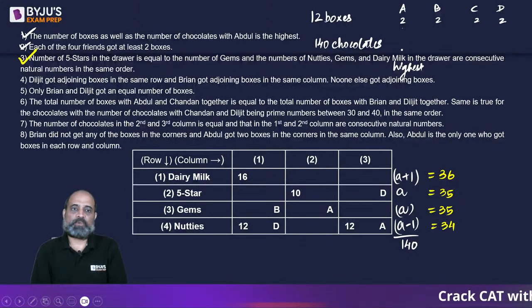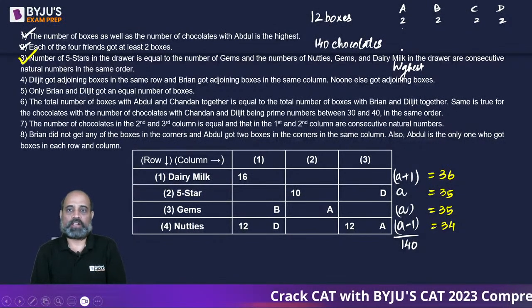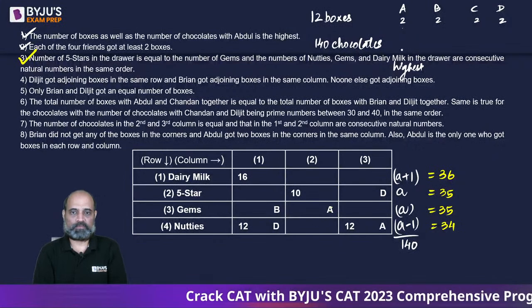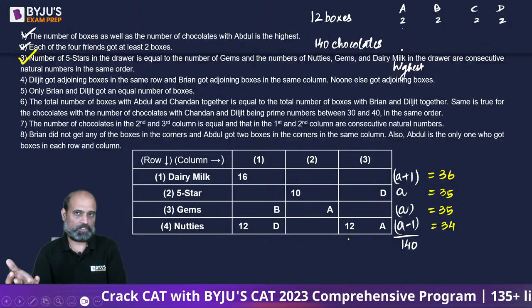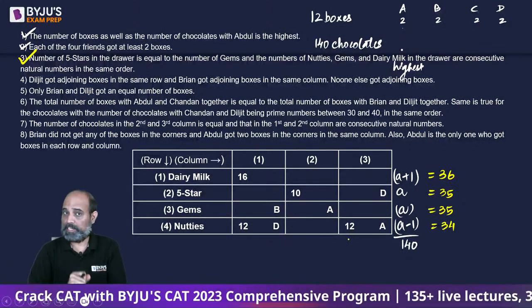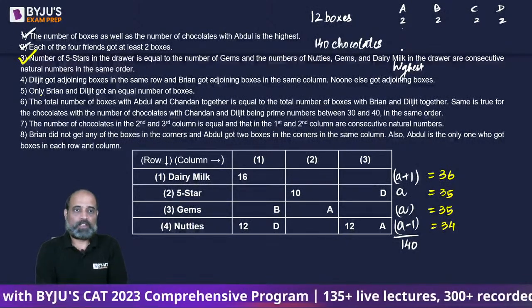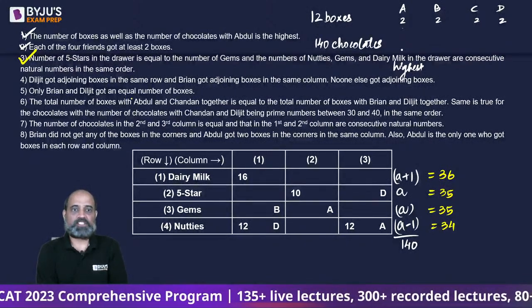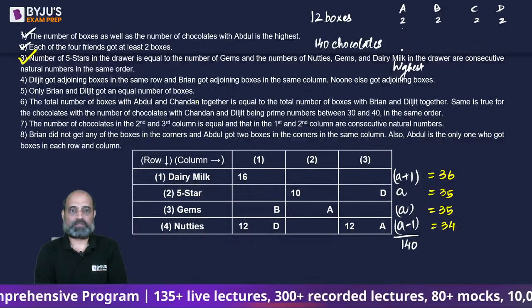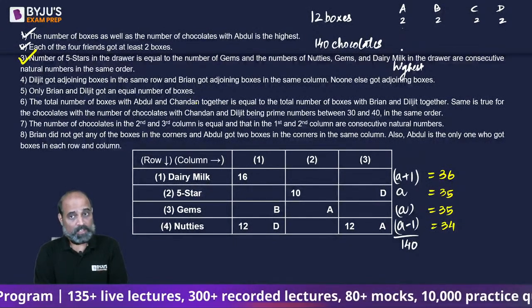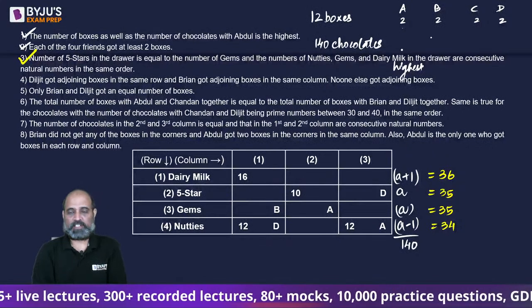Diljit got adjoining boxes in the same row and Brian got adjoining boxes in the same column. No one else got adjoining boxes. So we don't know how many boxes B and D have, and we can't really do anything from the fourth statement. Fifth, only Brian and Diljit got an equal number of boxes. Okay, so using this logic,